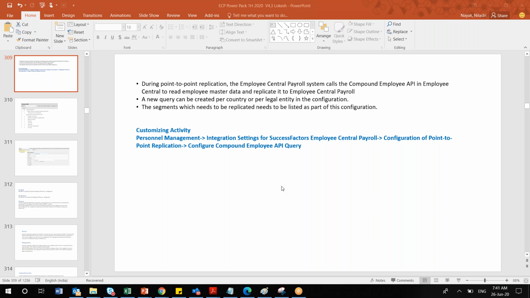I'll be sharing one checklist. After this, the basic fundamentals will go into a checklist kind of thing: what are the things you have to check on your EC side, and what are the things on your ECP side. That is in the checklist, so I'll be covering it there. Nothing much here, just a one-time activity you have to do. Okay, no problem. And yesterday you mentioned that you will share with me some